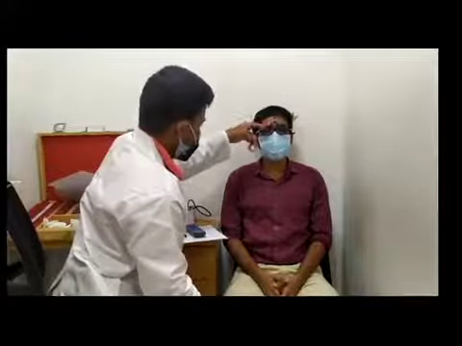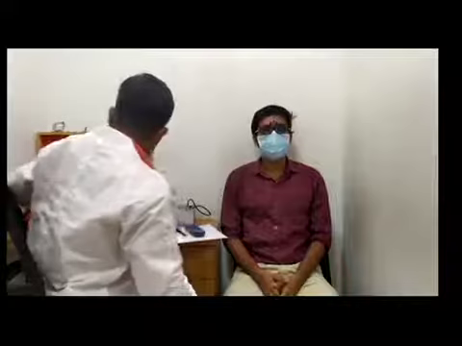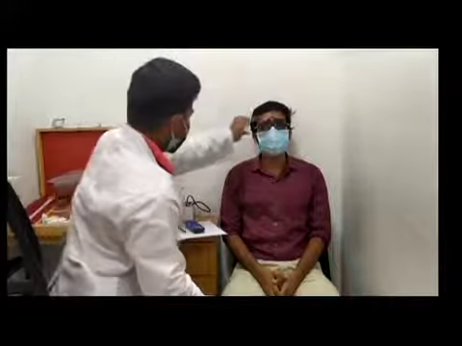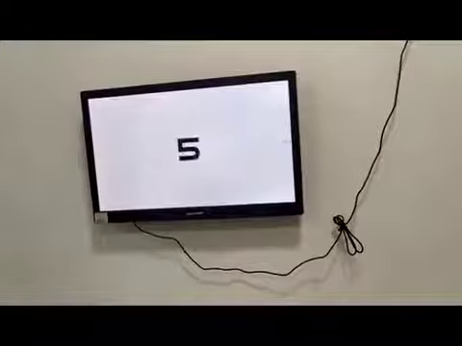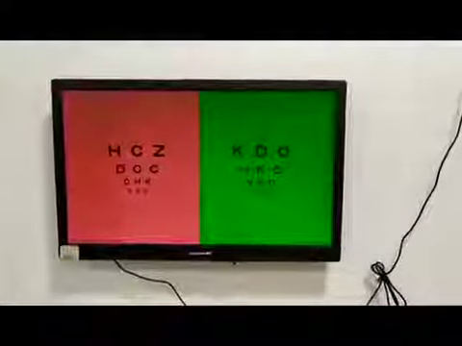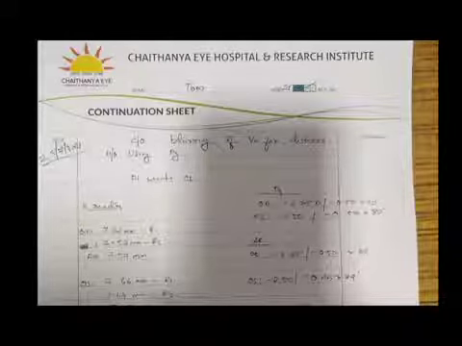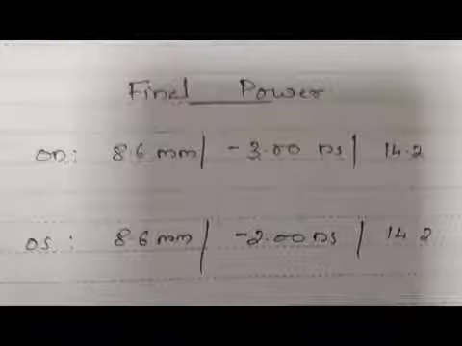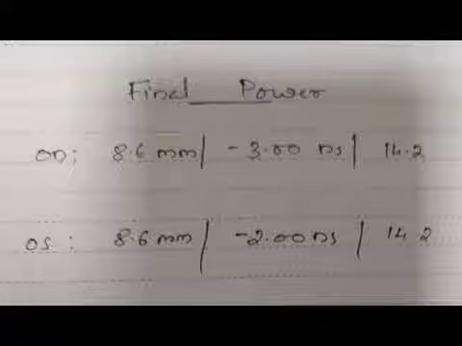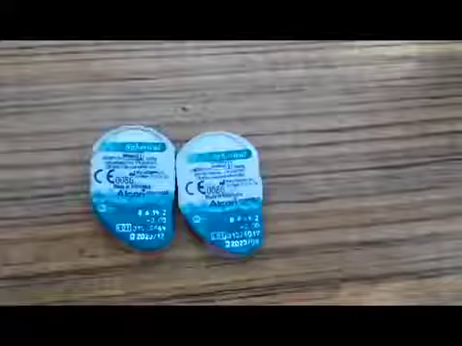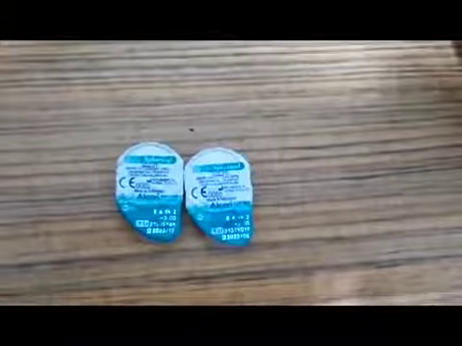From subjective refraction, I came to know that he accepted a 0.5 cylinder in both eyes over the spherical power. It generated a little confusion in my mind whether I needed to prescribe a toric lens or spherical lenses. So I checked duochrome. His duochrome was balanced. After contact lens trial, I gave him the spherical equivalent power, and he accepted it very well. He accepted -3 and -2 in OD and OS respectively. Here I took 8.6 as base curve and 14.2 as diameter. -2 and -3 lenses were available in our store.